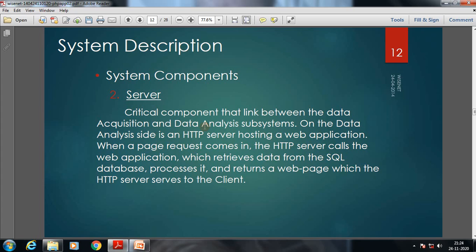Now a simple look at the steps. First there will be a page request that comes through the HTTP server, which calls the web application. So the HTTP server hosts a web application. When a page request comes in, the HTTP server calls the web application, which retrieves the data from the SQL database. So the SQL database will always store the monitored data,